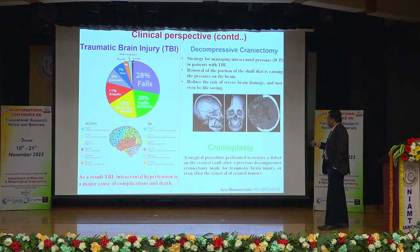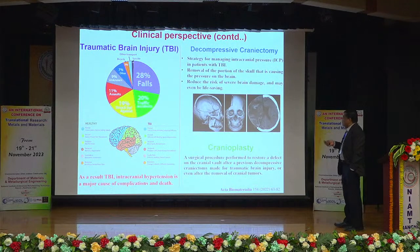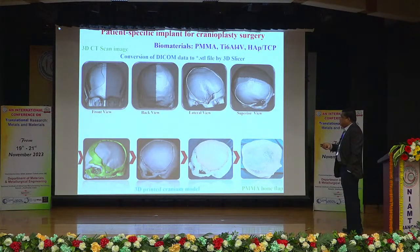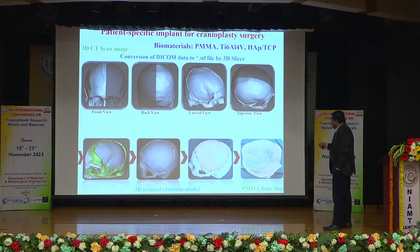If you look at this particular area, this is the defect area. First we need to have the CT scan of the patients. I just need to first explain the concept. If you have the 3D CT scan image, then we need to consider the front view, back view, lateral view, and superior view. All the different views are to be carefully considered, and that will allow us to precisely delineate this particular defect morphology, not only in terms of the size, but also the thickness of the bone flap that is required